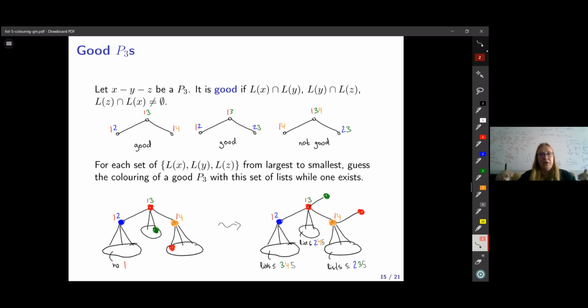But by going from largest to smallest, I in fact can't do that, because if I look at the types I'm doing in order, then, well, I'm killing the largest ones first. So I can never introduce one I already got rid of, because I would have had to make lists larger to do that. So I can get rid of good P3s. And now it's really, really very nice,